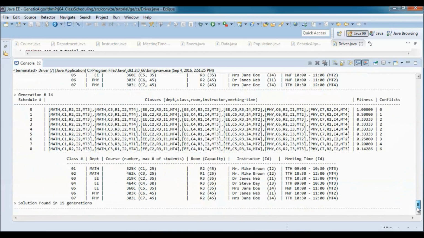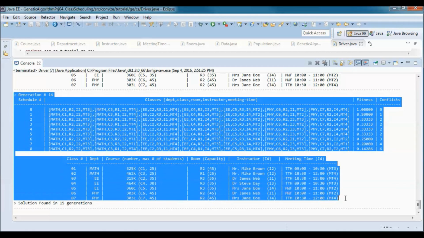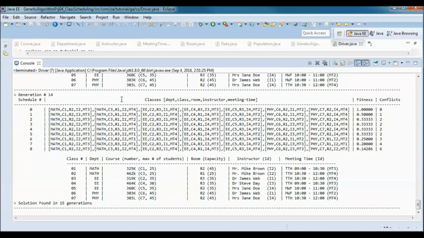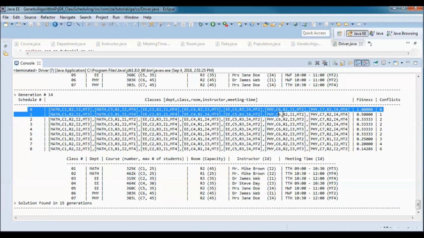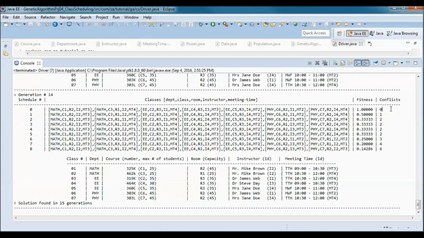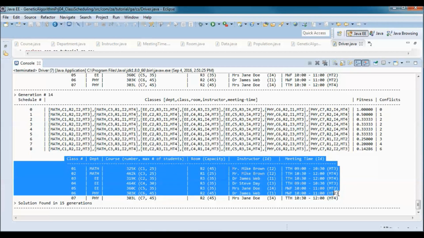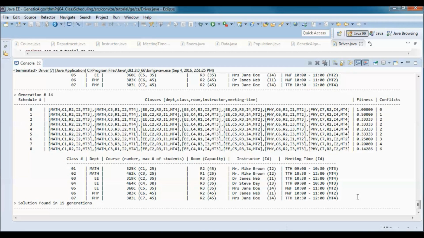And we went to generation 14, and this schedule has no conflicts. It has a fitness of 1. This is the schedule.